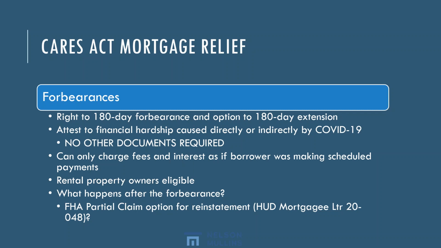Again, rental properties are eligible for this. One of the interesting things that we've been discussing is what happens after the forbearance. The forbearance can be stopping payments totally, but they have to be made sometime unless you enter some other kind of arrangement, or it can be some kind of reduced payment. So you need to be thinking ahead to what options you're going to have in place when the forbearance ends. The forbearance is going to end either at the end of these 180-day periods or at some earlier time if the borrower requests it.